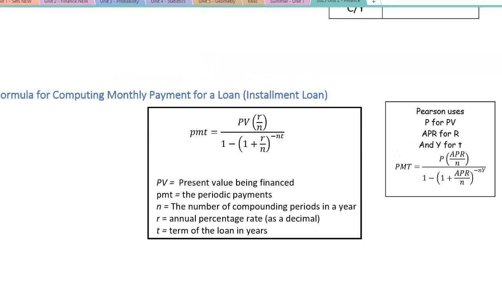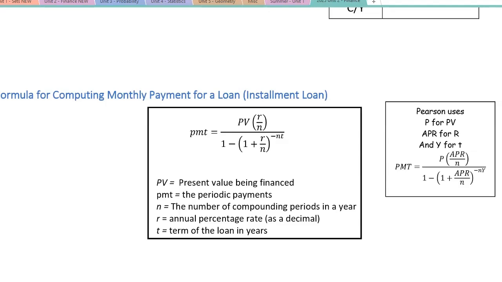This formula in this lesson uses PV, present value. What that means is whatever the loan is worth today. For example, if you buy a car for $10,000, today the loan is worth $10,000, not the car necessarily. Same thing with a personal loan or a student loan. Whatever is owed, that becomes your present value.